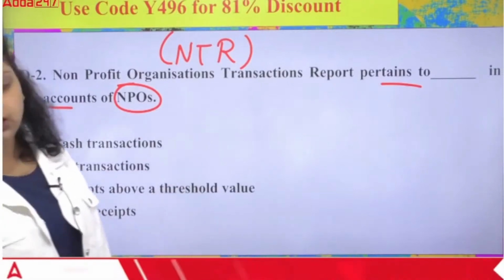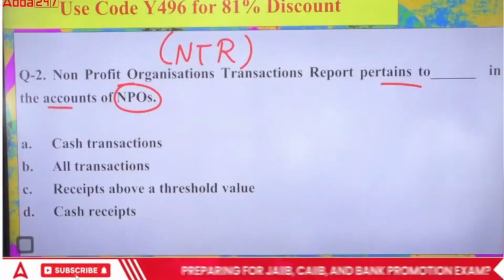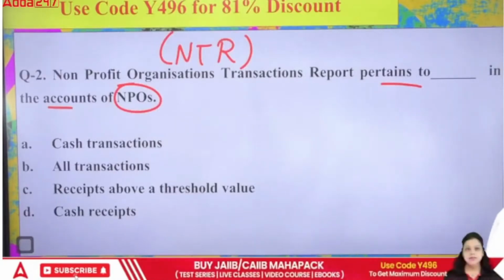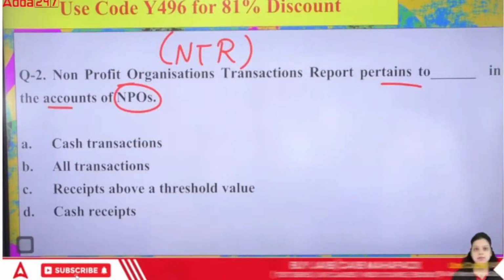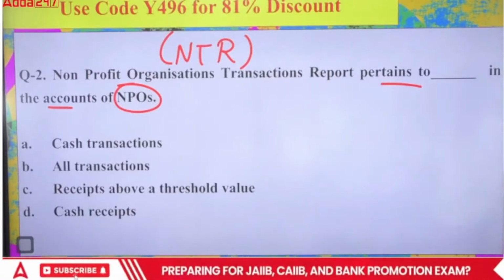So what do you think? Which of the following is correct? A, B, C, or D? The right answer will be